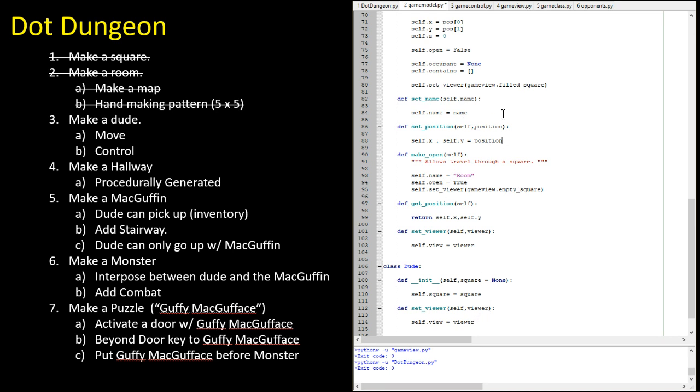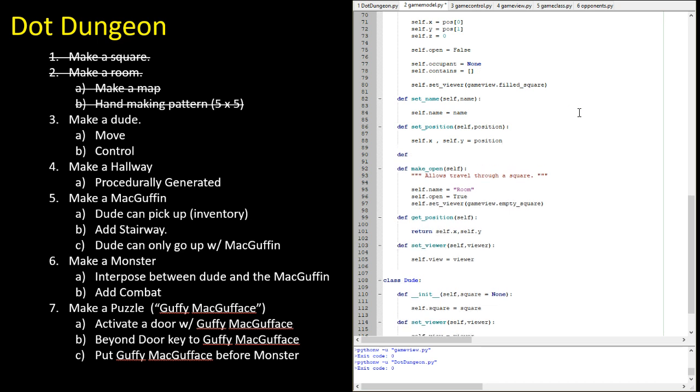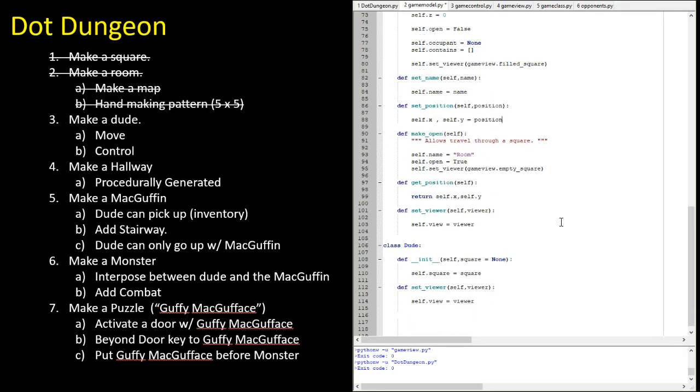Let's see, what else will we need? We'll need to be able to turn him into an occupant. So def, what will we say? No, we don't want to occupy. So how should we do this? Should we do it here? Def move into self square. So if square get occupant equals none, self square equals square, we've moved there, and square set occupant